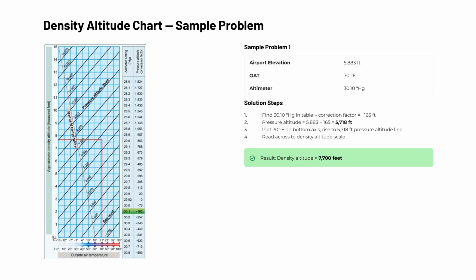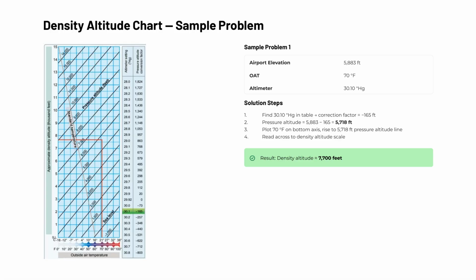Let's walk through a sample density altitude problem using real numbers so you can see exactly how this process works in practice. Our airport sits at an elevation of 5,883 feet. The outside air temperature is 70 degrees Fahrenheit, and our altimeter setting is 30.10 inches of mercury. We start by finding our pressure altitude. Locate 30.10 in the altimeter correction table. That gives us a correction factor of negative 165 feet. Subtract that from field elevation,